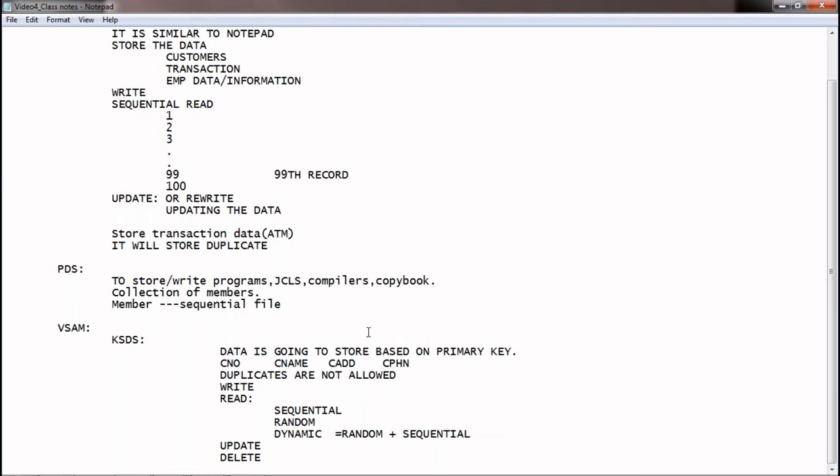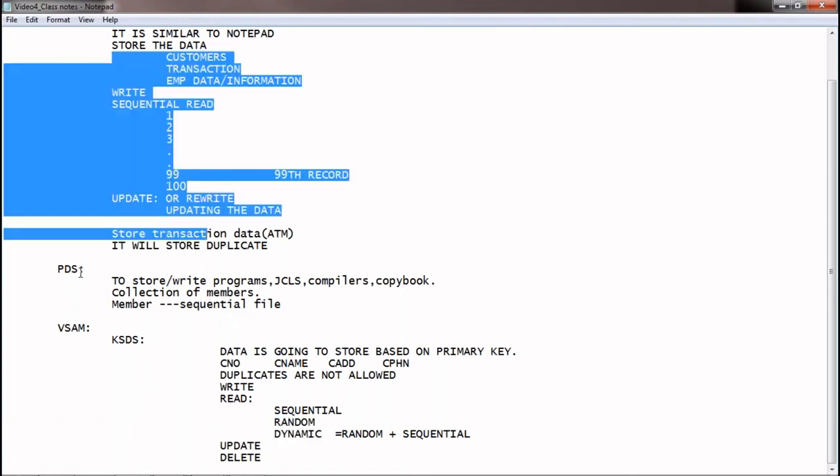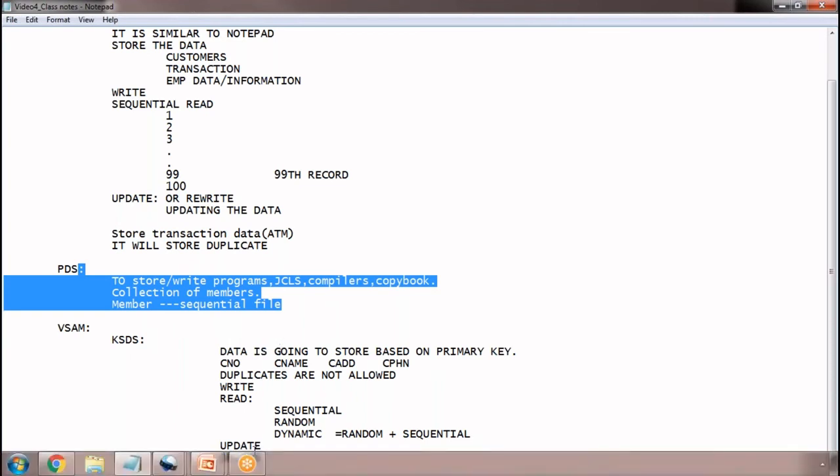What does that mean, team? If I want to read from the 50th record till the end, or from the 75th record till 100, that is called dynamic. I want to position somewhere in the middle of the file and read from a particular record till the end of the file. That is called dynamic read. Random and dynamic reads are not possible with a PS file or PDS.